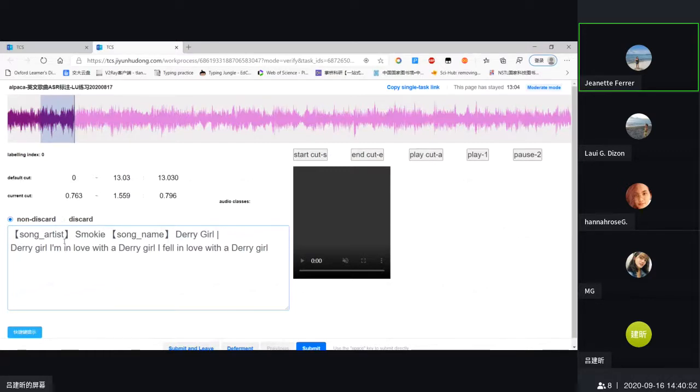we should notice that. Okay, if you come across some parts mixed with Chinese and English, of course you cannot understand the Chinese part, you can cut the English part out and transcribe it. But if the English part and the Chinese part are being said at the same time, you can just click here, deferment, and